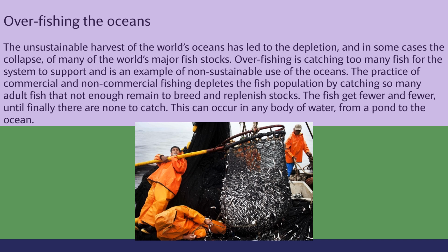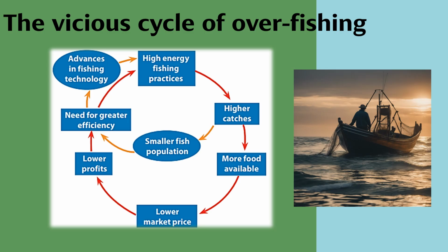The fish get fewer and fewer, until finally there are none to catch. This can occur in any body of water, from a pond to the ocean. Let's look at the vicious cycle of overfishing. If we start at the top left-hand corner,